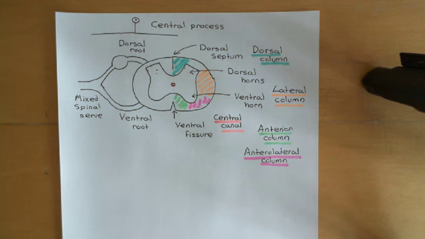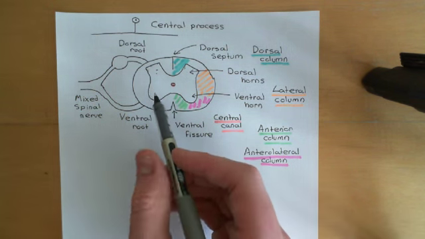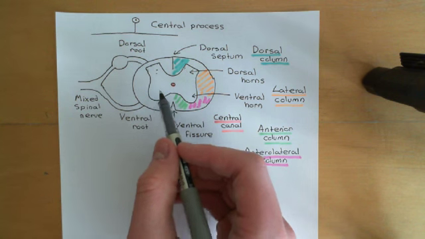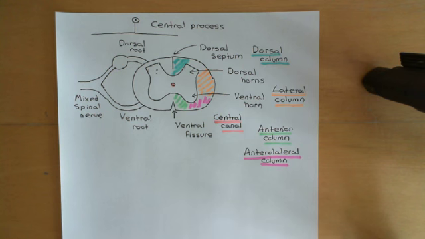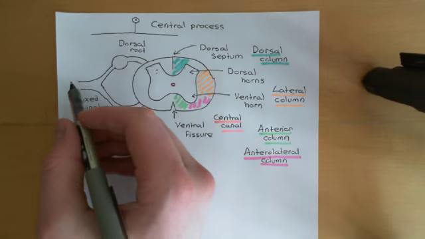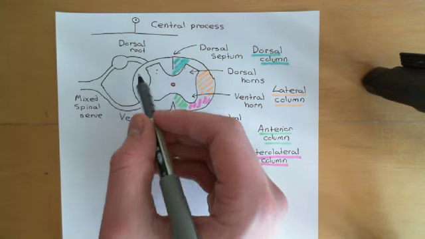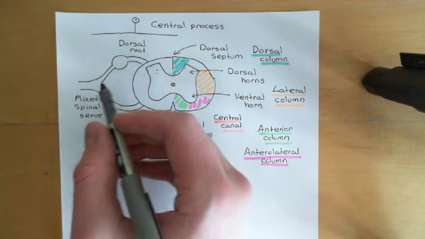Now, the ventral root contains axons of neurons which have their cell body in the ventral horn and which are coming out of the spinal cord, and these will include things like motor neurons which innervate skeletal muscle cells. Okay, the dorsal root contains the axons of neurons that are coming into the spinal cord, and